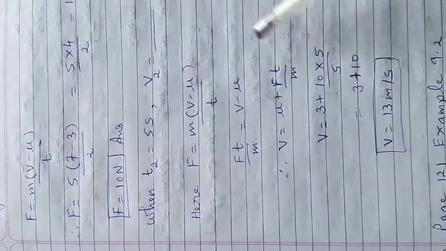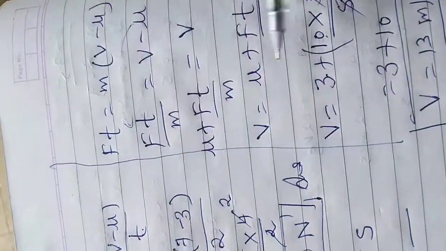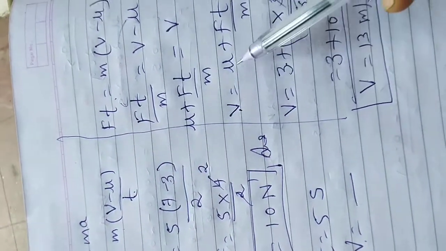The solution, as we have solved it, I have written in the notes. This I am going to send you in PDF form. How you got v is equal to u plus Ft, that I have shown you in this: from this formula we are getting the formula of v. v is equal to u plus Ft upon m. Let us see the second sum.